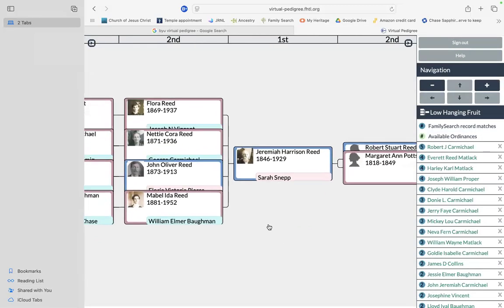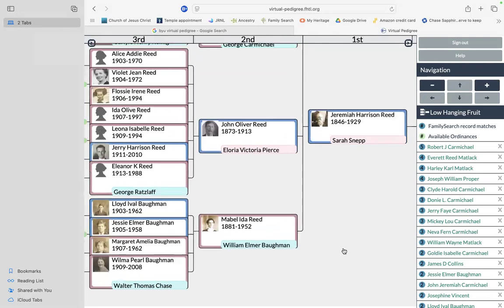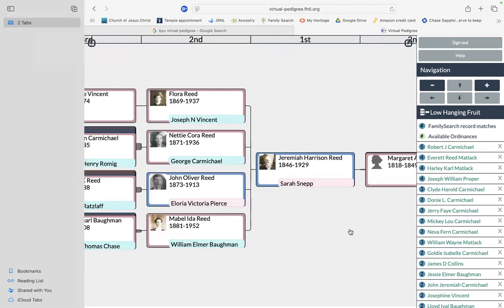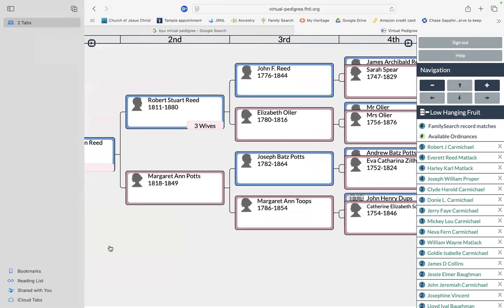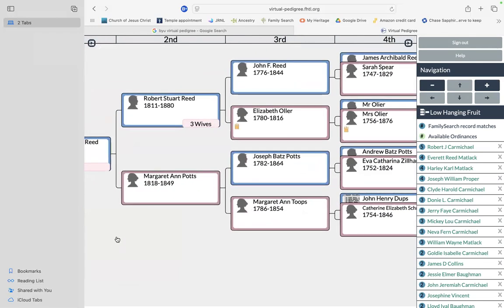So then I can see his children, his grandchildren, and of course his posterity too, all of his ancestors and things like that. And what will happen once I click on him is, and these had already popped up because I was on there earlier, I'll start to see these little things that say low-hanging fruit on the right. So you'll see all these different names and it'll show the different generations. So up at the top, we have a fifth generation, one of his grandchildren, and then we'll see fourth, third,